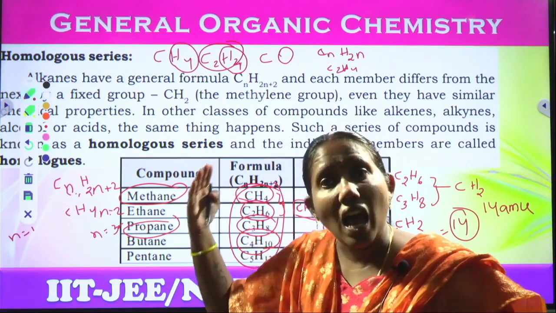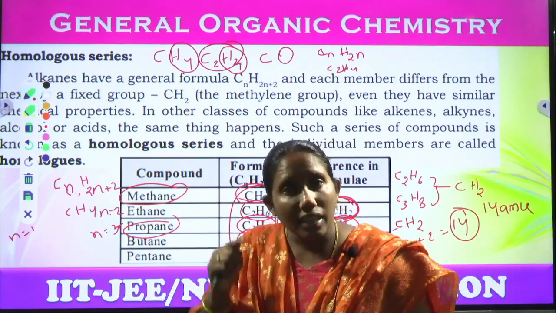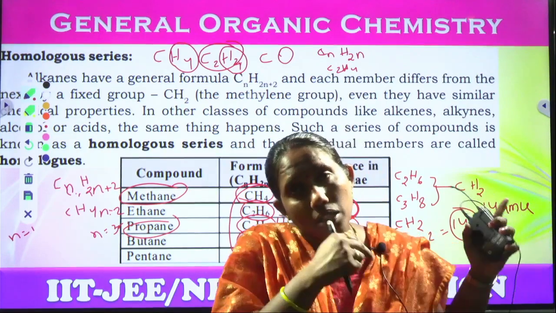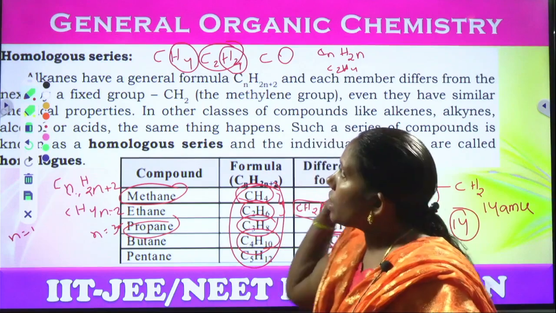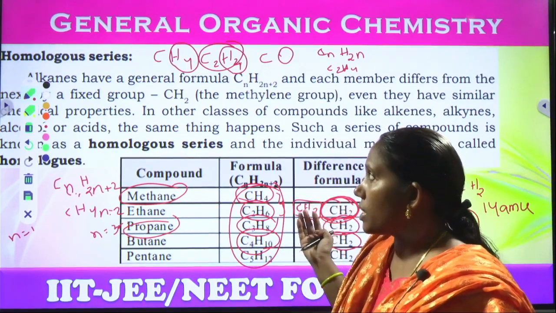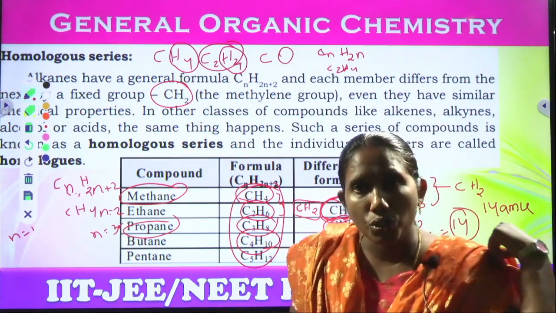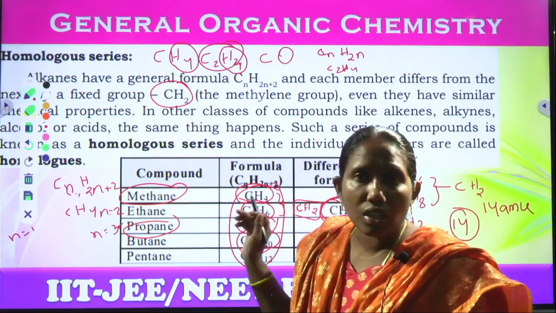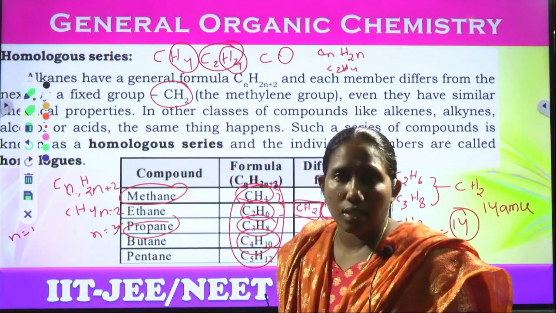The complete alkanes series can be homologues to each other. Alkenes can be homologues to each other. Alkynes themselves are homologues to each other, right? So this is about the homologous series. Generally we can check that a CH2 unit difference means they are said to be homologues, and that CH2 unit is called the homologue, and that complete series is called a homologous series, right?